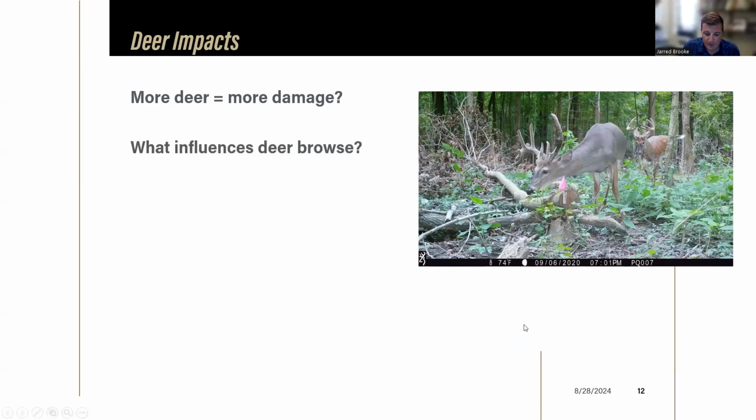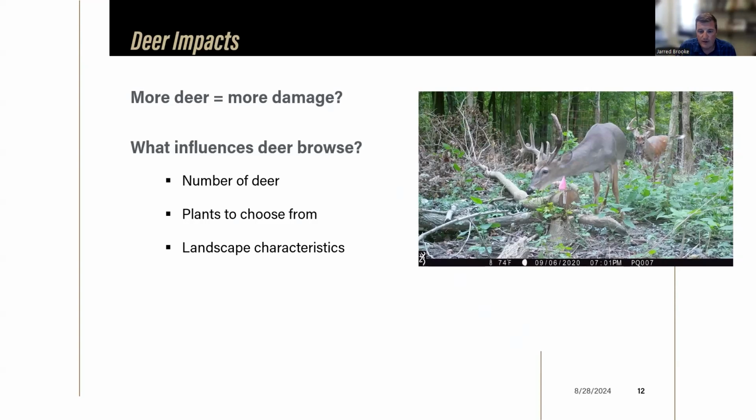So what factors influence deer browse? Well, number of deer does influence deer browse, but it's not always the most important factor. Some other things that influence deer browse are the plants to choose from, and then the landscape characteristics. So which factors are most important? The answer to that question is going to depend on your landscape and your given situation. And we'll talk a little bit more about how those different factors influence deer